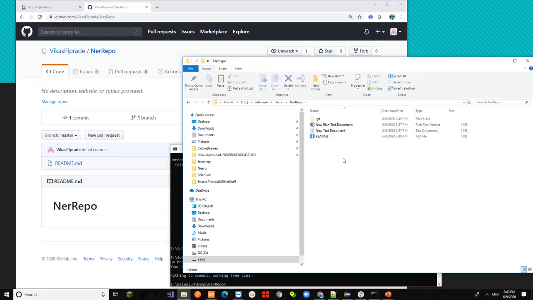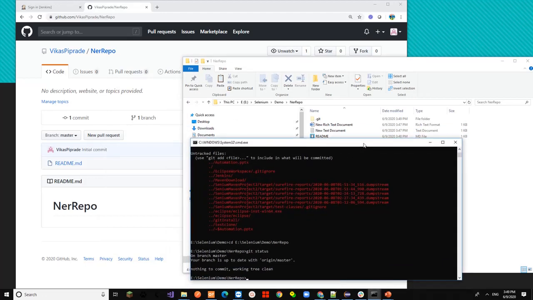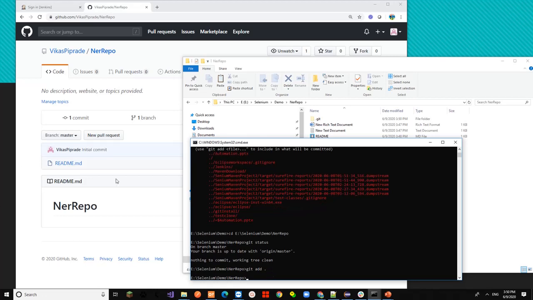Once those files are added, we add them using the git add command. Git add dot will add all the files into the repository. It will mark them to add. It will not show up here yet. The new files are marked to add.